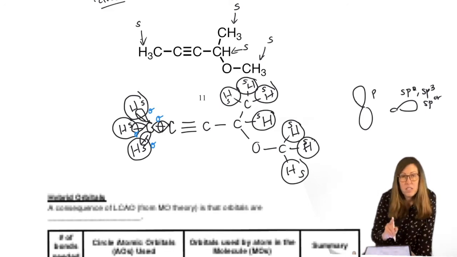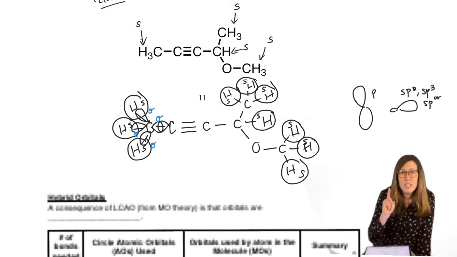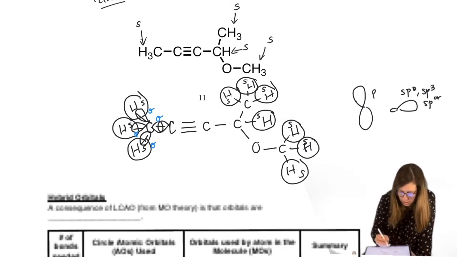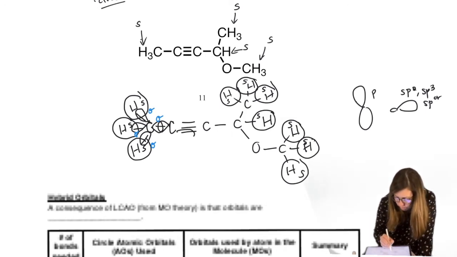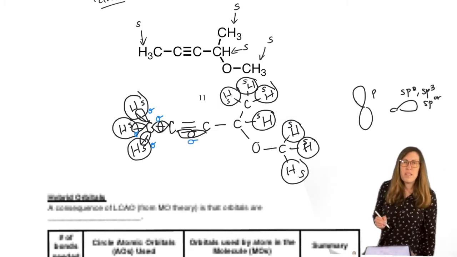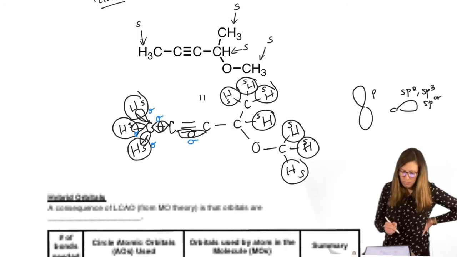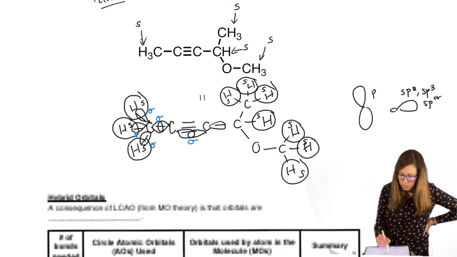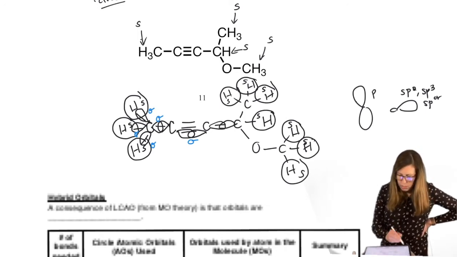All sigma bonds use hybrid orbitals except for hydrogen. So all the carbons are going to be using hybrid orbitals, and the heteroatoms as well. I'm going to just randomly pick the bottom one to be the one. It could have been the middle one, it could have been the top one. That part doesn't matter. Just one of the three needs to be the sigma bond. I'm going to let the other two represent our pi bond. So let's keep drawing hybrid orbitals to make sigma bonds. So there's that sigma bond.